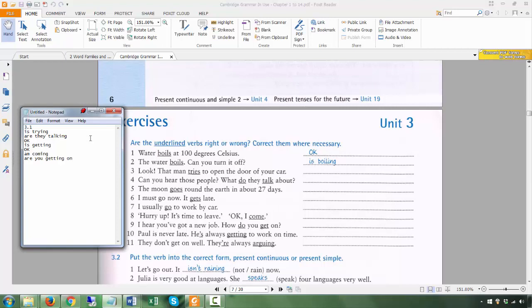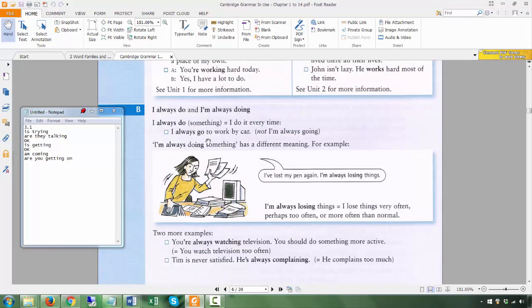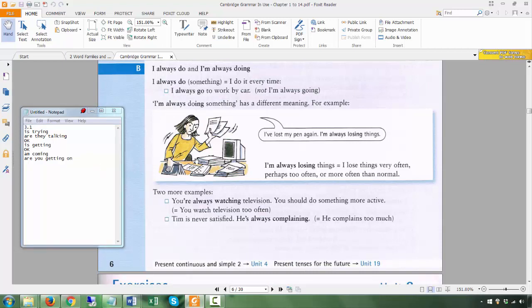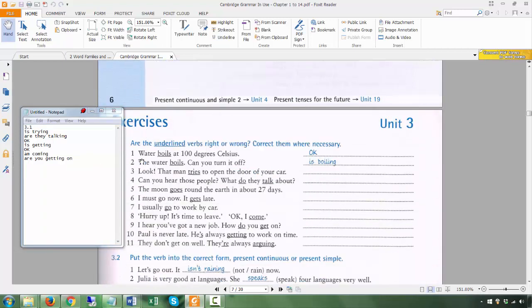Now, I mentioned the difference before: there is this part talking about always. The special use of always plus the present continuous is more of a negative thing. This always is more negative than just a normal statement. That means when you're saying that, you're kind of irritated, either with yourself or with other people, right? But if you're stating a fact, he always is regular, so it will be he always gets, right? Nothing to be irritated about that, unless